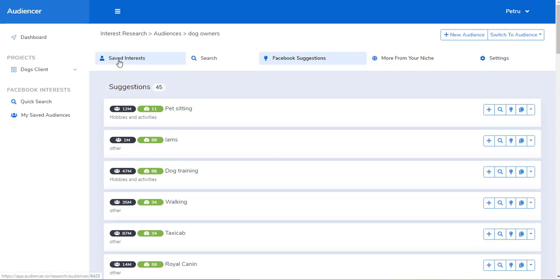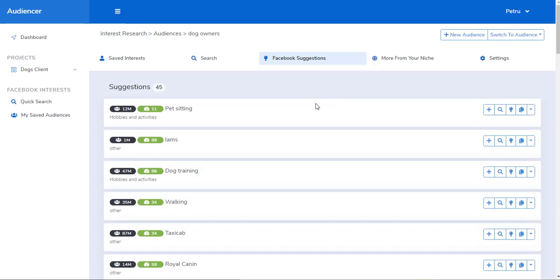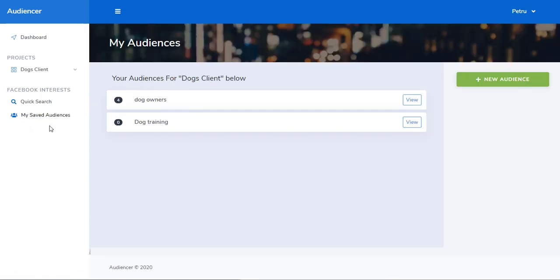So another thing I would like to tell you, when you find interests that you think are worth targeting in your niche, keep adding them to your audience, because this way you'll help Audiencer learn based on those tags, based on your niche and your target customer. So basically it will be able to suggest more and more interests to target if you do it. So whenever you find an interest, keep adding it to your saved interests, and later on you'll be able to find it under my saved audiences, and just by clicking on that audience,